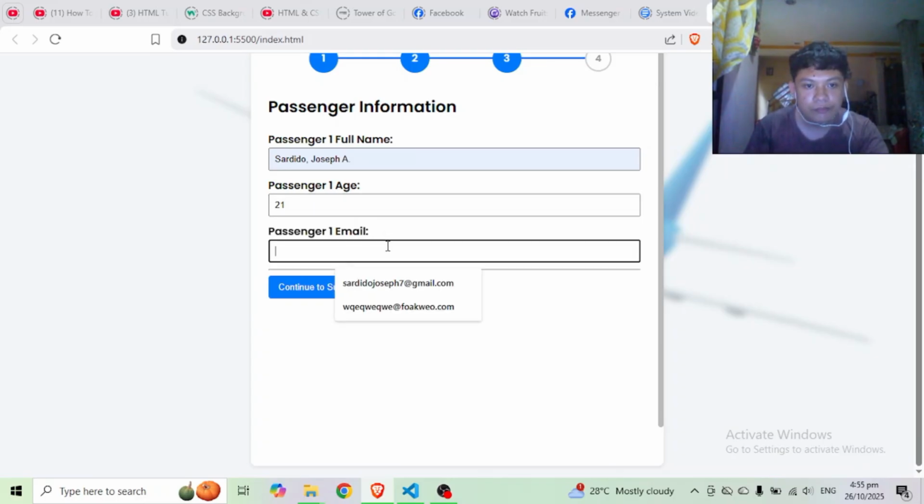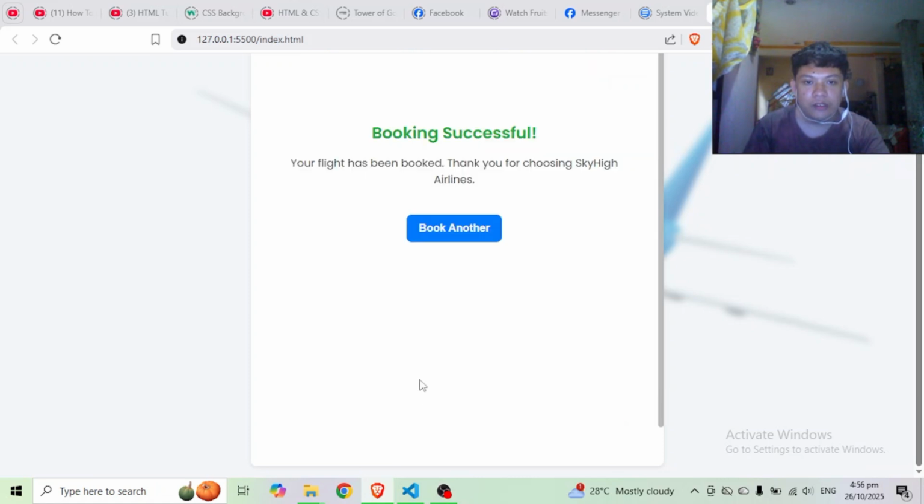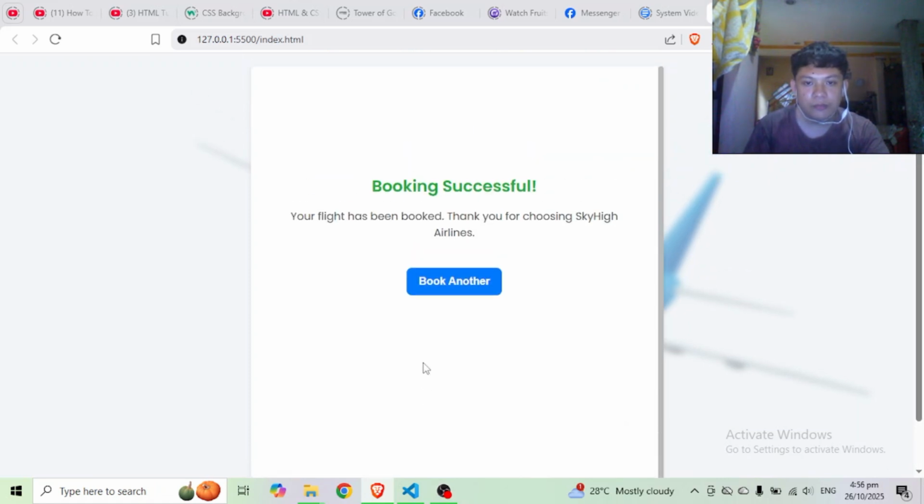So, in the fourth step, or the booking summary, it shows the destination and passenger details of the user or the customer. So if you click book now, it will show the booking will be successful and your flight has been booked. So if you click book another,